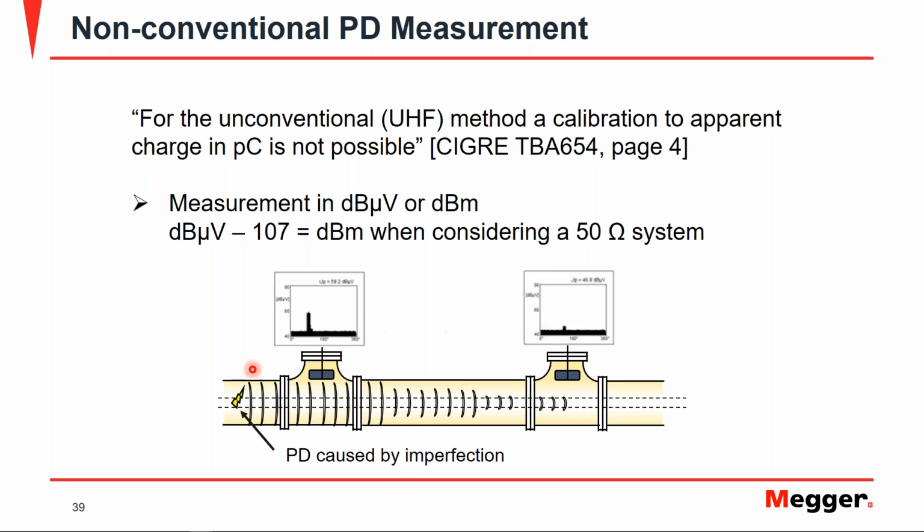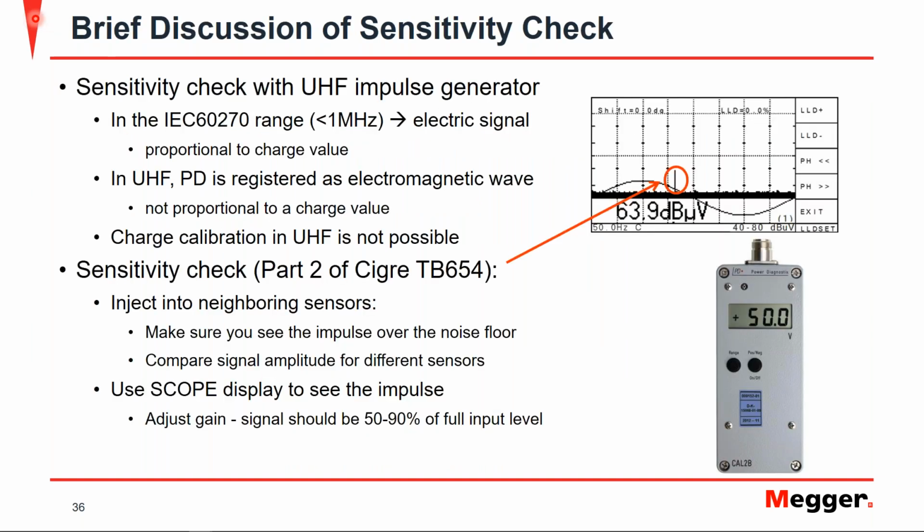So to actually calibrate, you would need to have this discharge in several different places to actually have a calibration for each UHF sensor. So that calibration is not really possible. So instead, there's a sensitivity check performed, and that sensitivity check is first in accordance to the IEC 62 method,